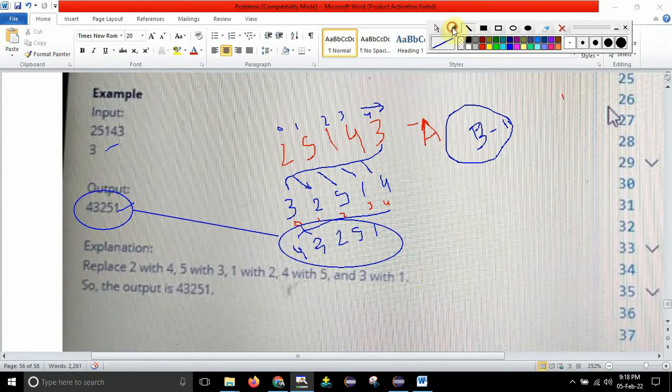So yes, you just need to rotate the array towards the right side by key minus 1 times, not key times. Whatever key value they will be giving, just subtract 1 from that and rotate that many times. In the sense, I have to rotate it 2 times in order to get the output. Got it? So this was the actual logic.